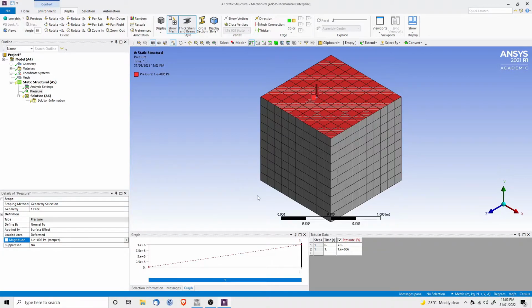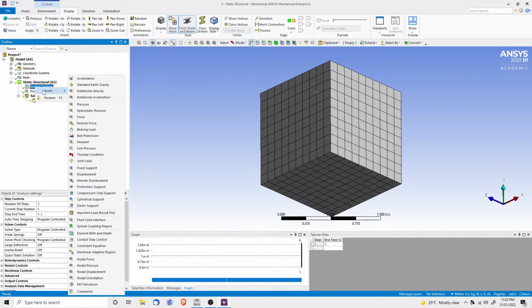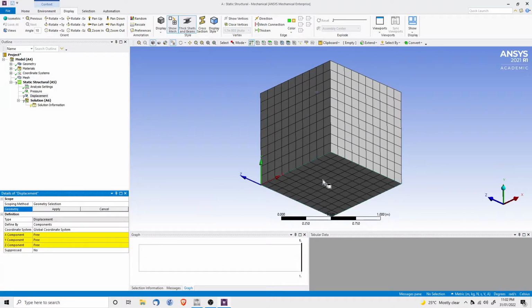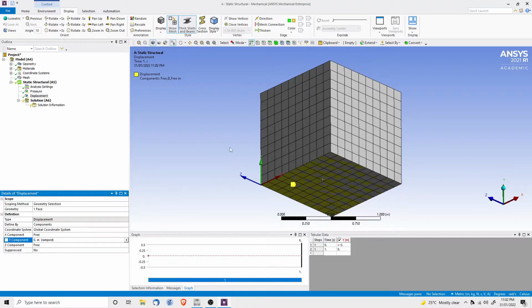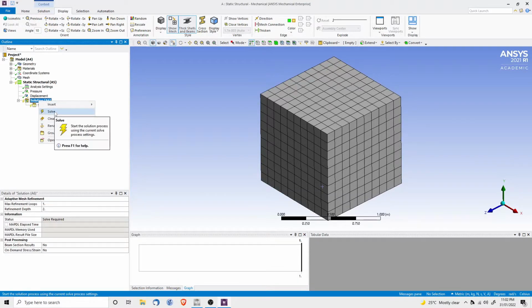After that load has been added, let's rotate. Let's go back to insert and we can say either fixed support or we can just go in and add displacement. So let's just add displacement to the bottom and say we just want y to be 0. Let's see if Ansys allows us to continue with this analysis. Let's click on solve